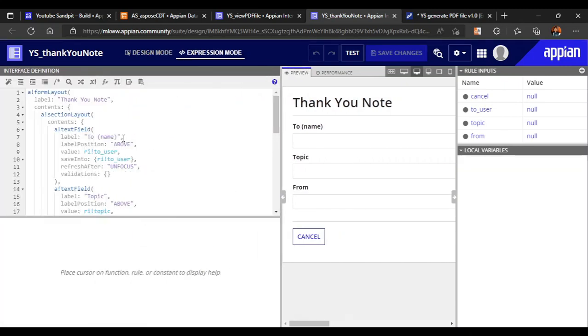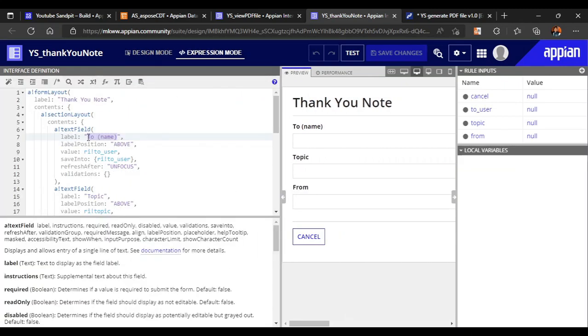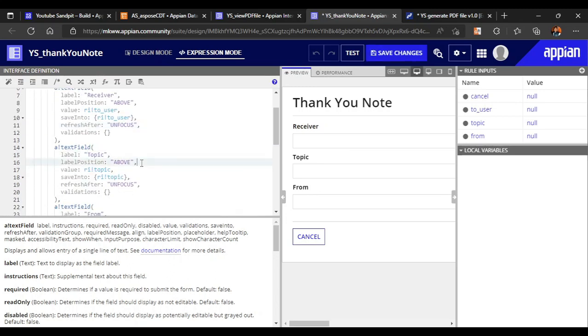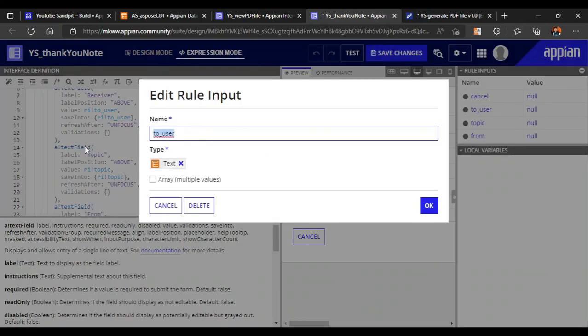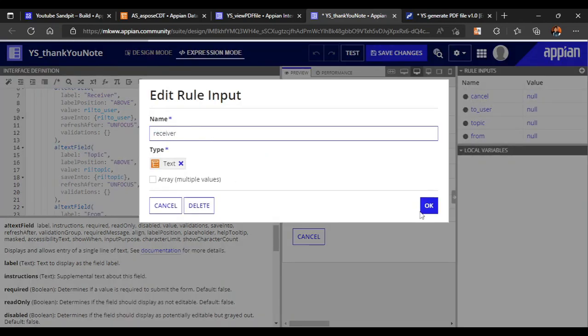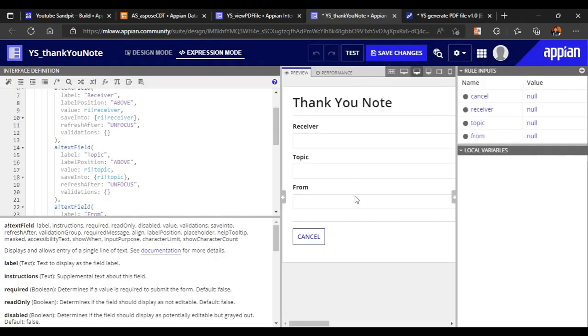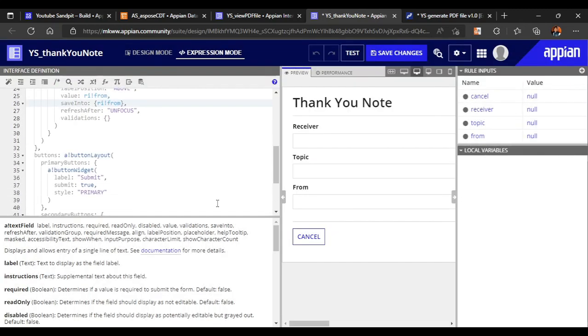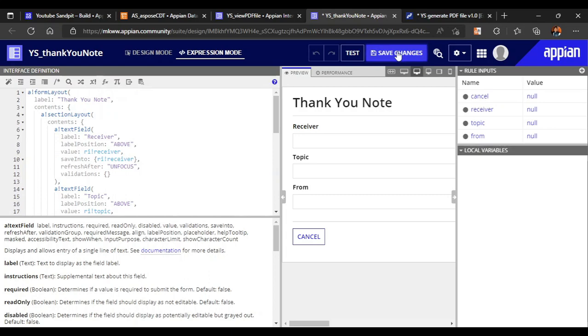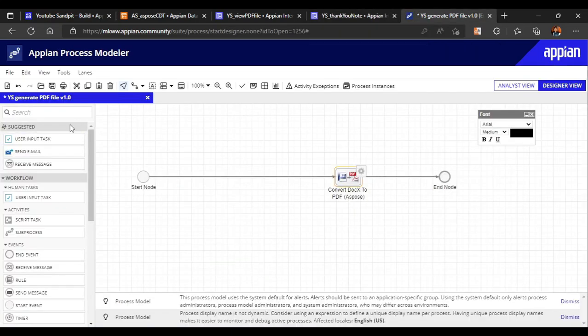So instead of the "to" name, I will just give it here a receiver. Okay, just map it receiver. And instead of this rule input as well, I will just map it as a receiver. It's a very simple UI I have created for that: what is a topic and from, that's it. So let's save the changes and let's go back to my process, and I will use a user input task